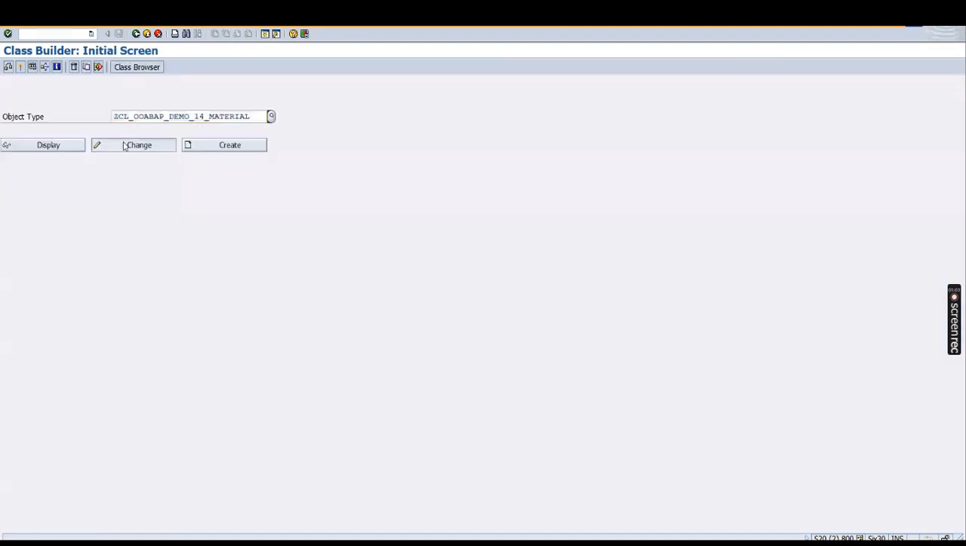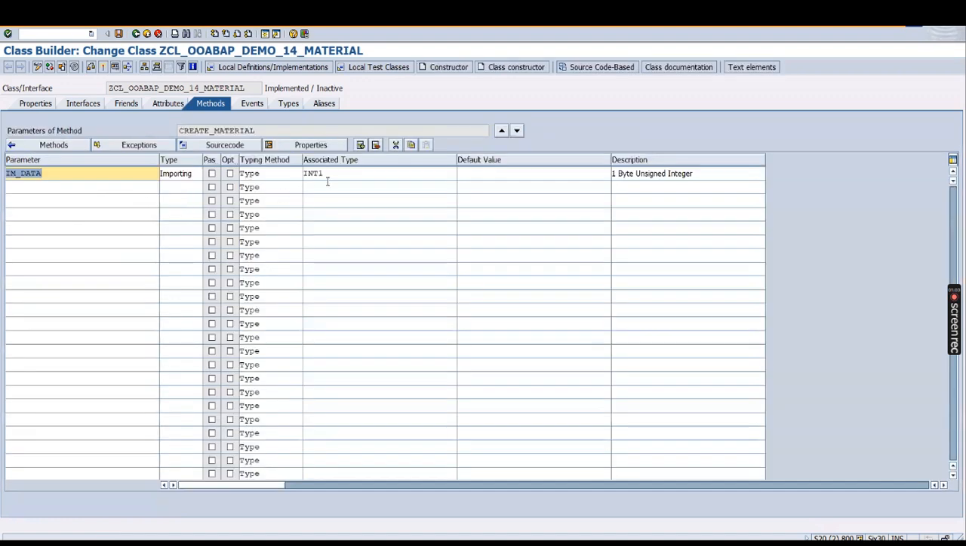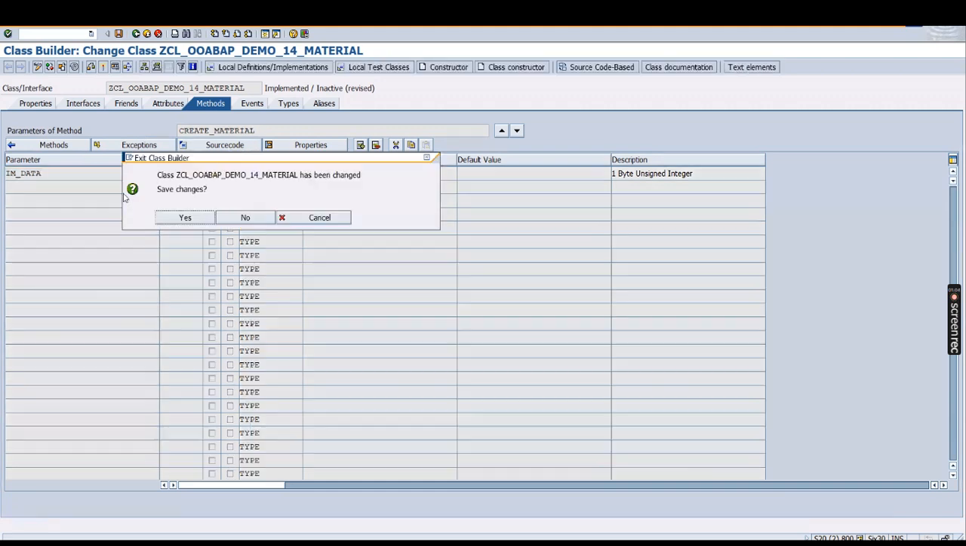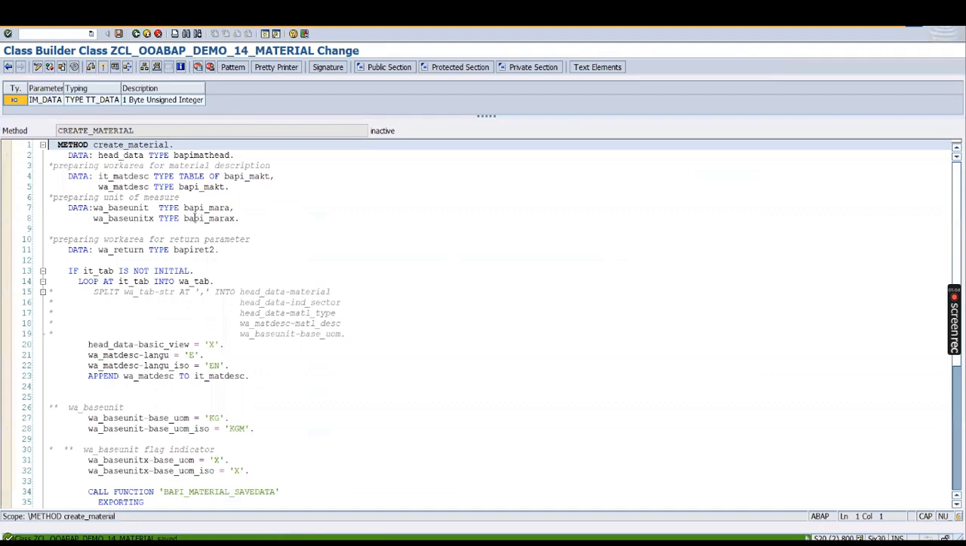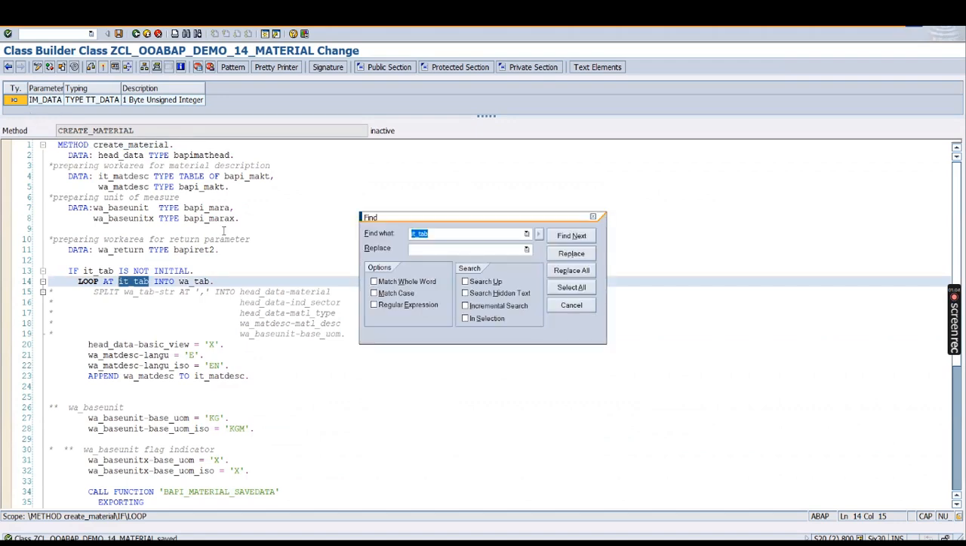Just go back and go into the method and parameter. This is now correct. So this is what you are getting, IAM underscore data. So from the program you will get this data, and now IAM underscore data you are going to put in wherever you have the IT underscore tab, you are going to replace it with IAM underscore data. So come here and replace with IAM underscore